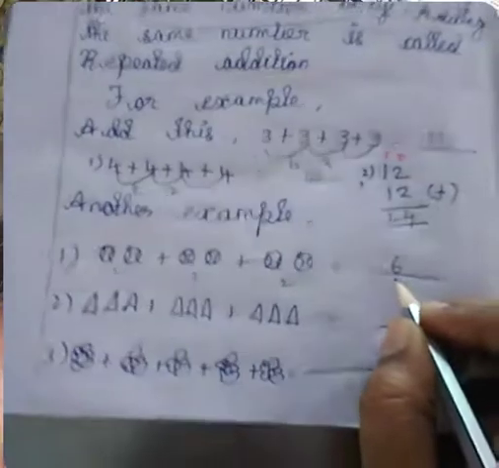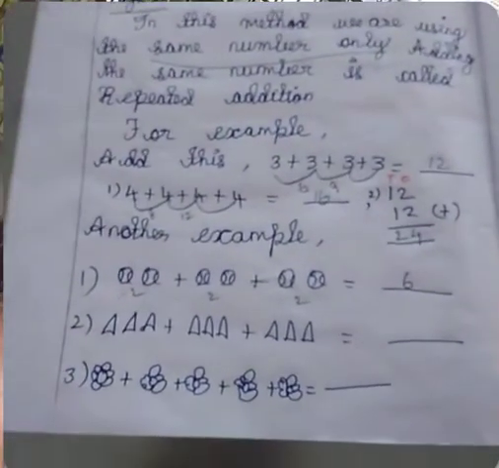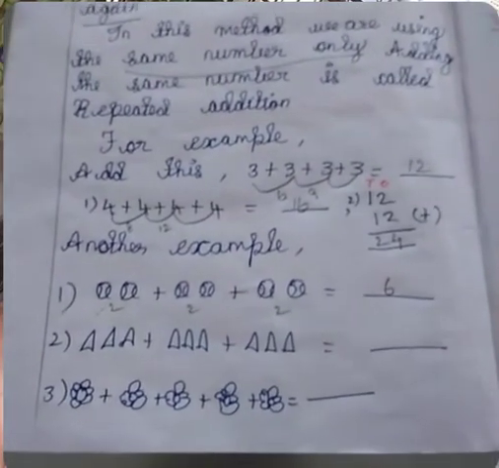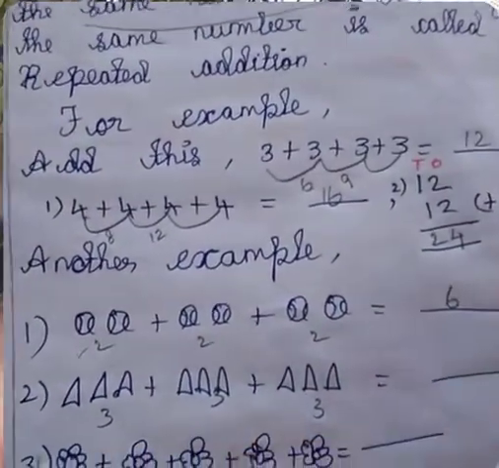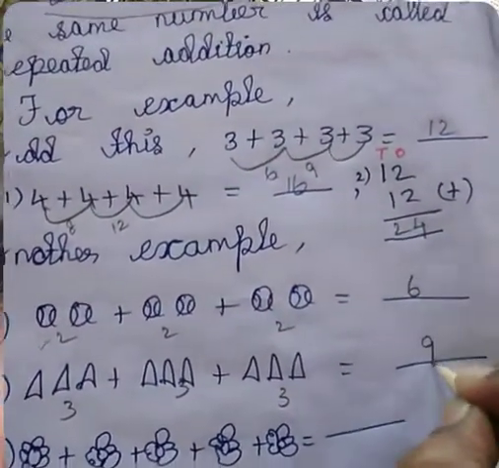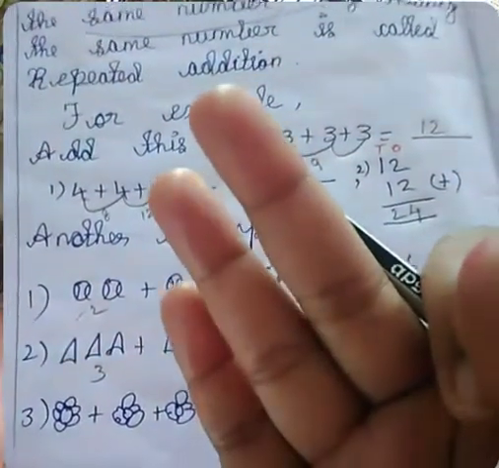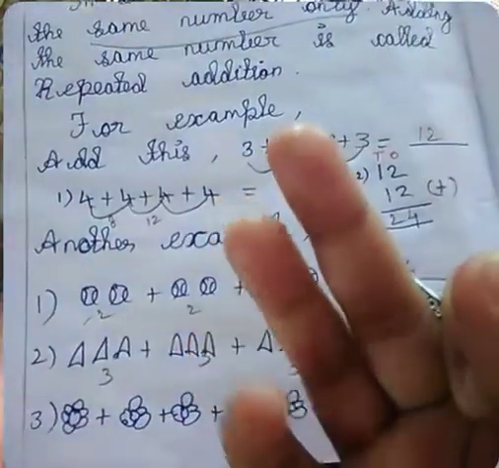It is the easy method for multiplication. We are adding the same number again and again, which means it is multiplication. See the next one. Here 3 triangles and here 3 and here 3. We are adding this, we are getting 3 plus 3 plus 3 means 9. Adding like this, 3 in the mind, 3 in the finger, and 3 after 4, 5, 6, and keep 6 in your mind, and again 3, 7, 8, 9.